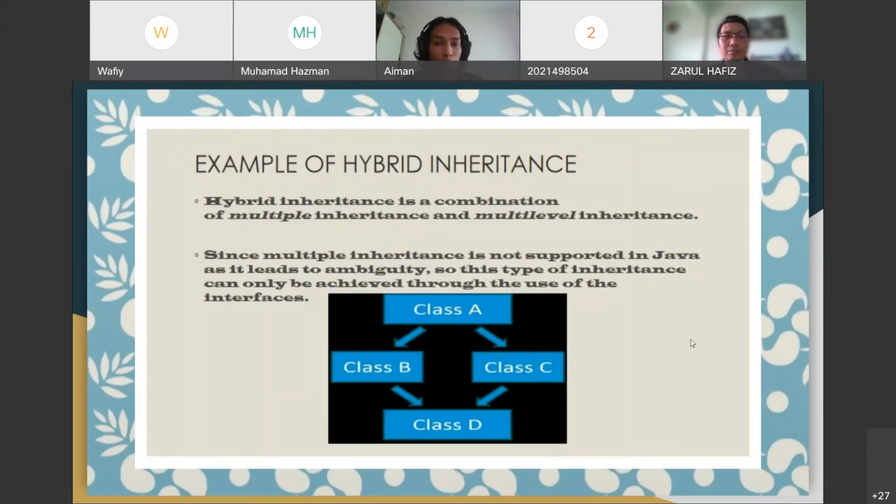Okay, yang ini hybrid. Hybrid is a bit complicated lah pada saya. So, saya akan explain dari apa saya punya kefahaman. Hybrid inheritance is a combination of multiple inheritance and multi-level inheritance. So, since multiple inheritance is not supported in Java, as it leads to ambiguity, so this type of inheritance can only achieve through the use of the